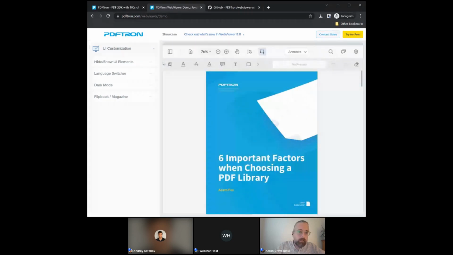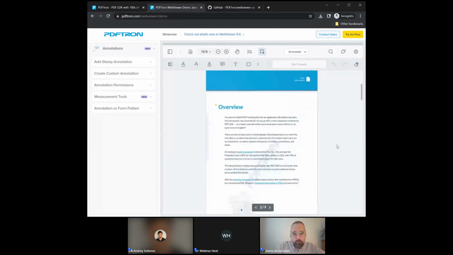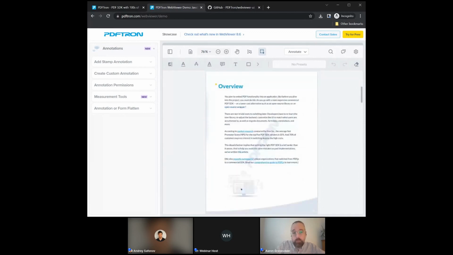Now, one thing that we talk a lot about with customers of ours, and that is a big use case, is the ability to annotate documents here inside of the browser. This is one of the big advantages that WebViewer offers over something like in-browser rendering or some of the free toolkits that are out there. Besides the fast viewing, the expanded file type support, and the accuracy when rendering, the user interface tools that we provide out of the box make it possible to give a very full-featured experience, similar to what you might be used to on the desktop,